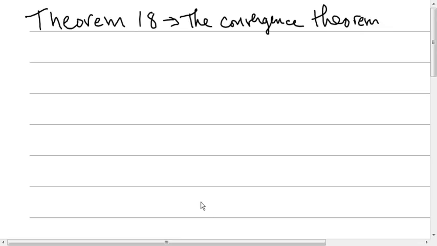As a practical matter for solving problems in 8.7, what does this suggest, and how do we go about doing it? I think that we know from Theorem 18 that if a power series converges for x equal to c, then we know that it converges absolutely for x less than c. Alright, but this suggests a test. This suggests a way of finding